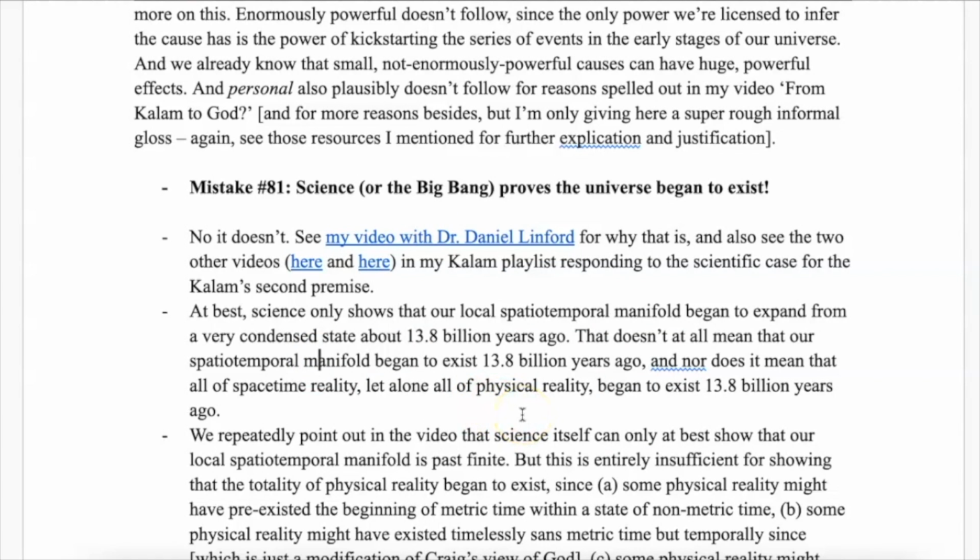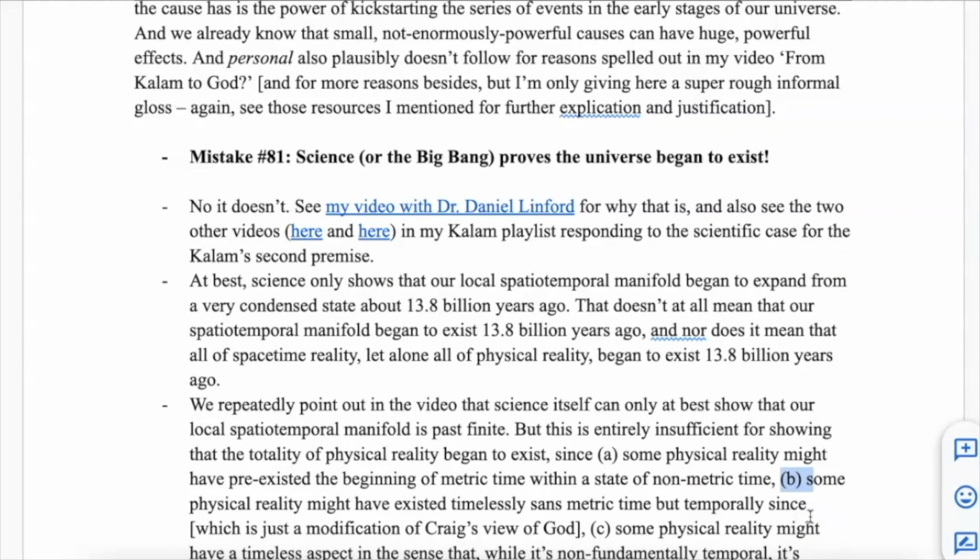But this is entirely insufficient for showing that the totality of all physical reality began to exist. Since A, some physical reality might have pre-existed the beginning of metric time within a state of non-metric time, B, some physical reality might have existed timelessly sans metric time, but temporally since, which is just a modification of Craig's